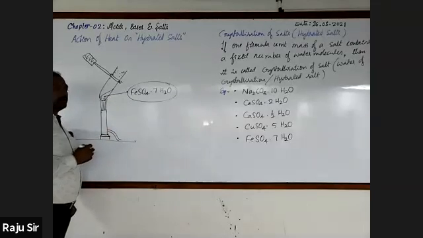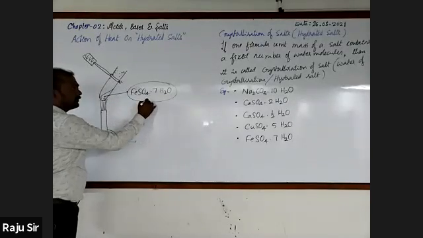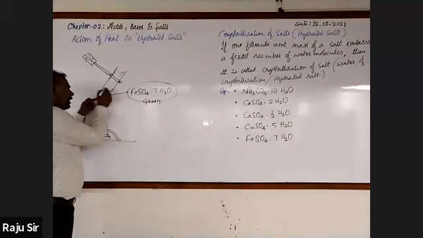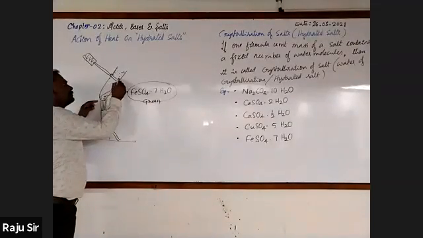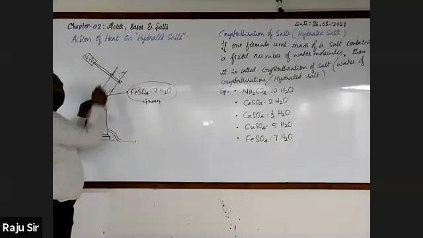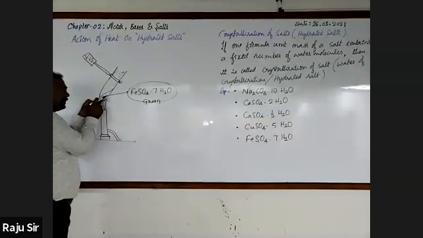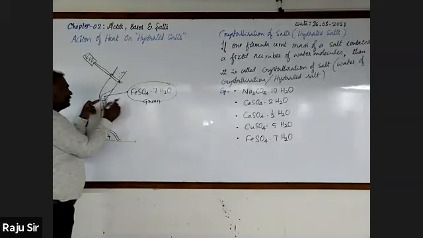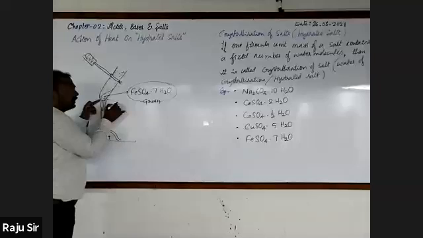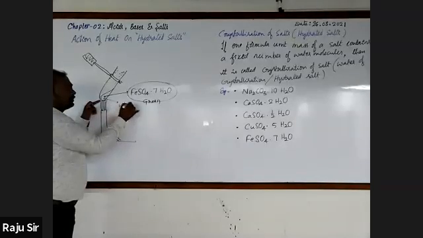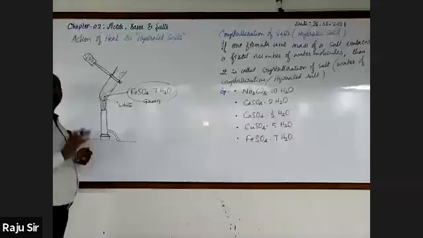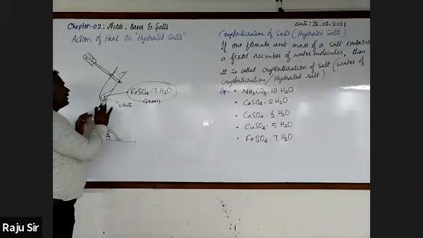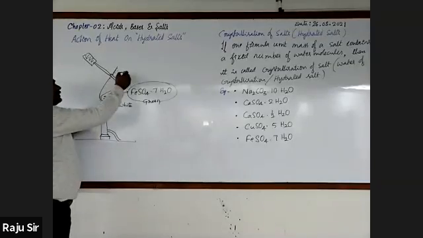At the same time, you have to notice the color. We all know that the color of iron sulfate is light green. As the water droplets collect near the mouth of the test tube, here also the color will start disappearing. This green color will turn to colorless, white. Then stop providing the heat.